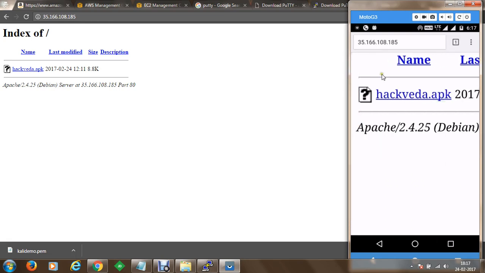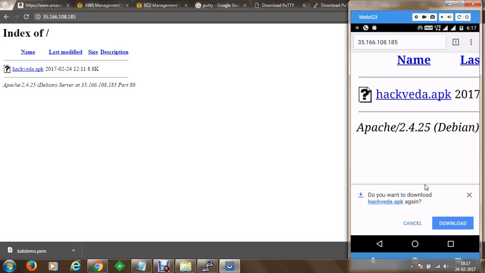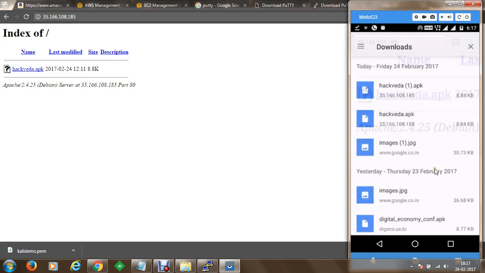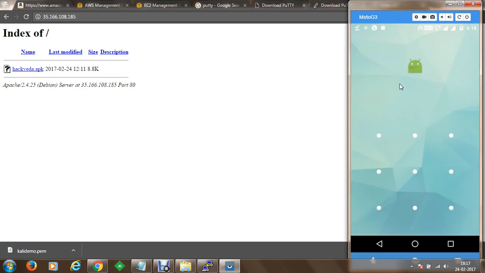We can simply click on the application and download it. Once the application gets downloaded, we're going to open the application. Once we open it, you can see that we have a list of the applications which we have recently downloaded. And at the moment, I would like to test my hack with a1.apk. Once I open the application, I would specify my.